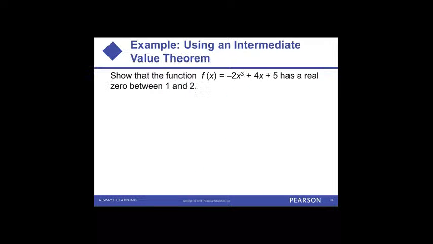So again, notice that this is a polynomial. All the coefficients are real numbers, and all the exponents are non-negative integers, right? The exponent here is 3, the exponent here is an implied 1, and this is x to the power of 0. So what we're going to do is evaluate f of 1 and f of 2. If we do f of 1,